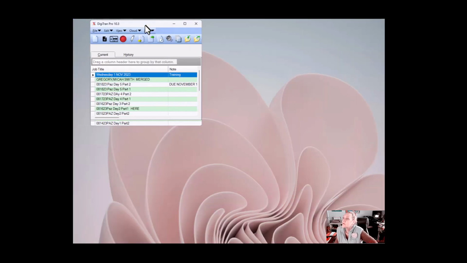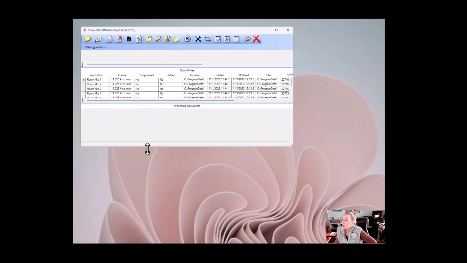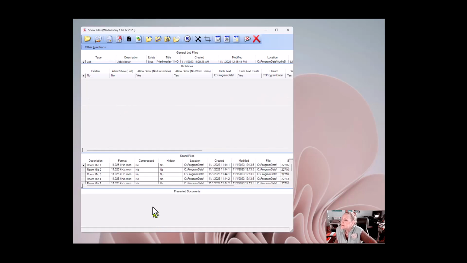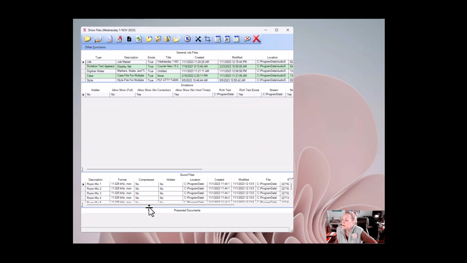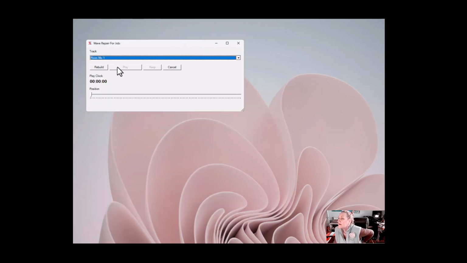So I'm going to go to View, Show Files. I'm going to go and select my audio files, and I've got a lot of them because I'm recording 6 channels. So I go to the first one and I do repair wave files, rebuild,